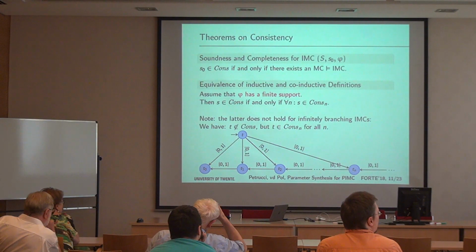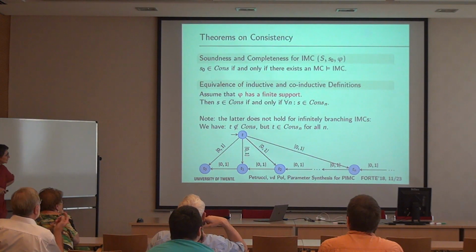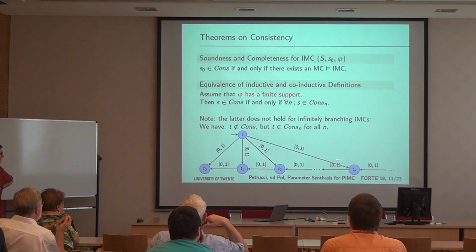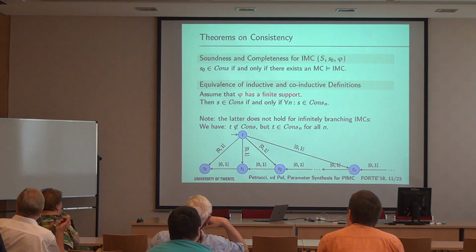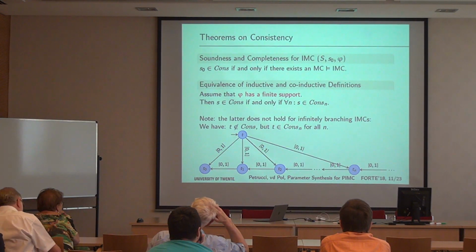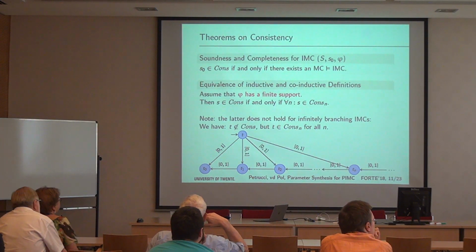So why is the set of all states not a fixed point? The set of all states? Yeah, because here you have an infinite number of states, so it doesn't work. If you take them individually, if I assume all of them are consistent, then I'll see. Yeah, but you have to prove that all of them are consistent, and that doesn't end.